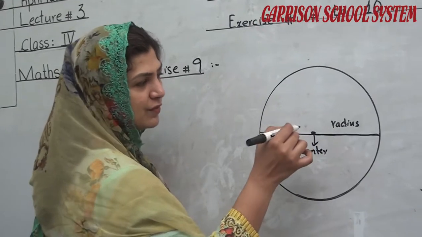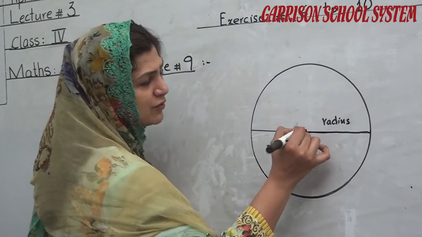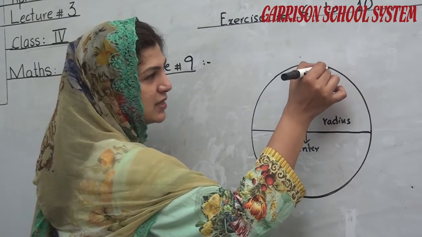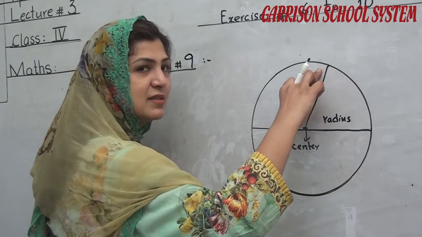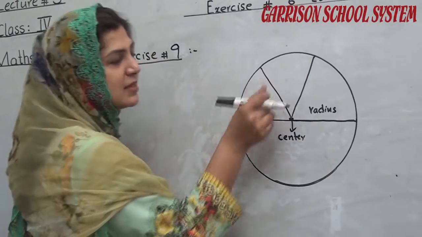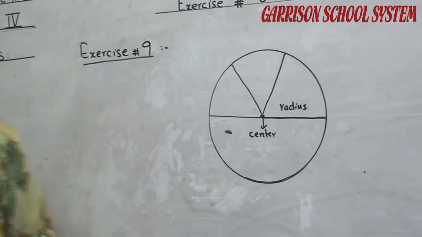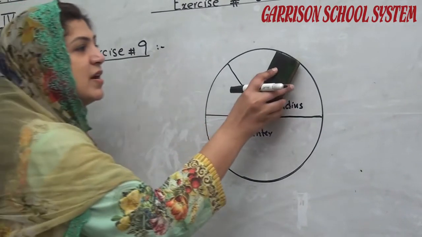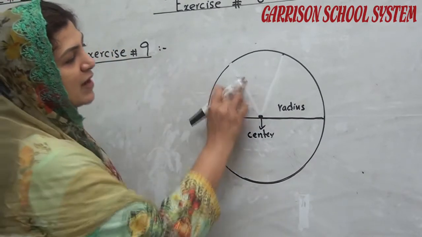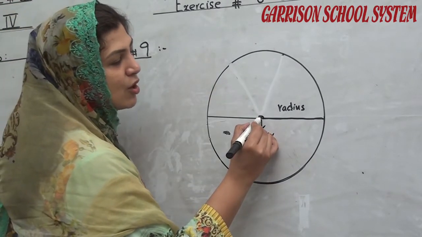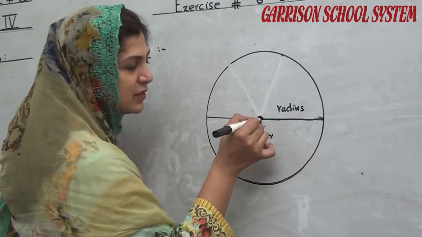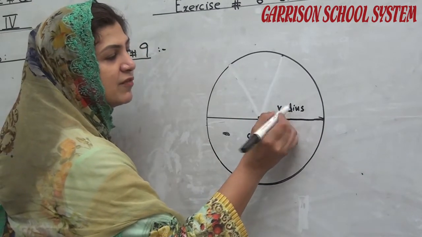Wherever you draw, for example, you can draw here from the center of the circle to the circle, the distance remains the same. The distance here also remains the same. So we don't need to draw a lot of lines. Just one line if we draw, we can find the radius. If we draw a line from here to the center of the circle, we can find a radius.